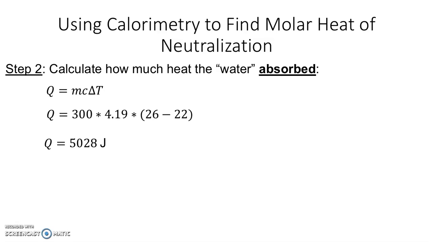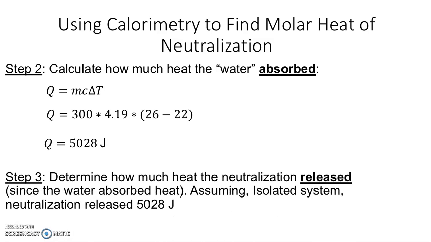Now, of course, if there's a situation where the acidic and basic solutions are more concentrated, you may be given some other specific heat capacity to use. But for now, we're going to assume that it's dilute enough, stick with 4.19, and we get our energy that's absorbed, 5,028 joules. That's how much the water absorbed. Well, if that's how much the water absorbed, that must be exactly how much energy the neutralization released,